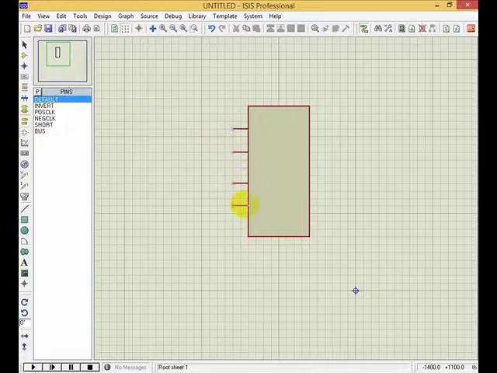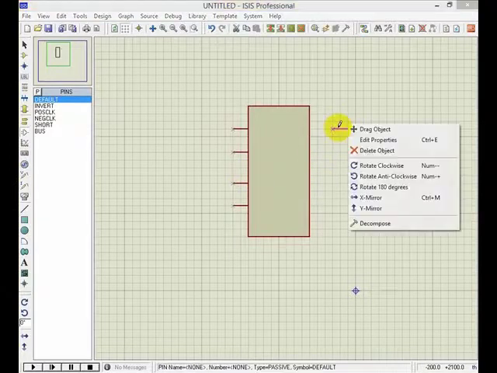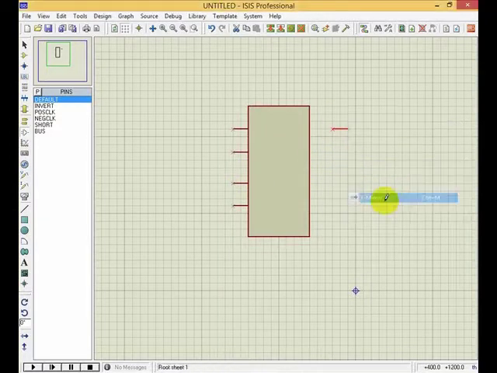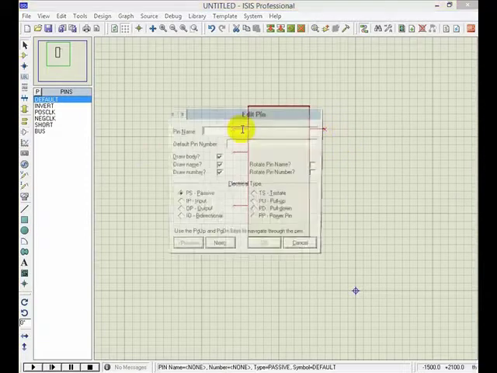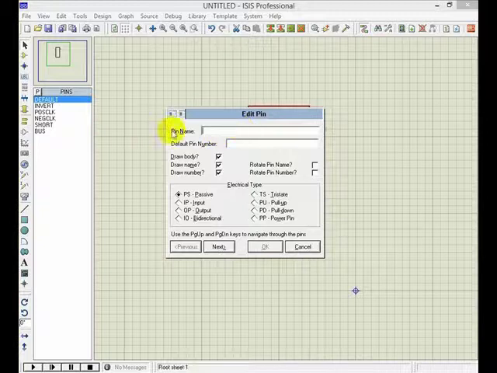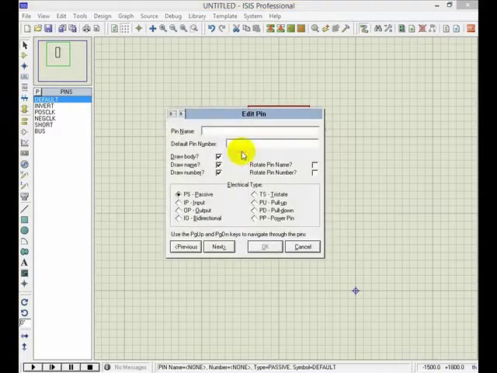Of course you can put it here and flip it, right click, flip it to the other way and put it here, but you need to put a name. So double click here and put a name for the pin. So let's call this pin 1. You can number it or ignore that, and then pin 2